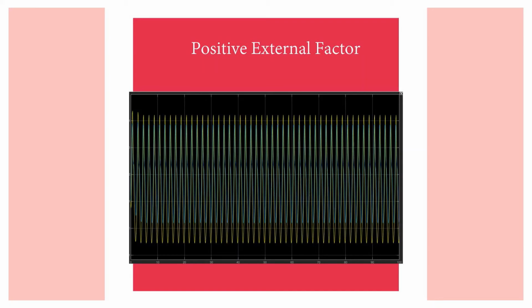This graph shows that when an external, or positive specifically, external factor is brought into Romeo and Juliet's love, their love goes up and down. So it's not an exponential increase like the basic love model of Romeo and Juliet, but rather an up and down. But one thing that you do see here that is consistent with the basic model is that Romeo and Juliet's love follows one another. In this case, Juliet, the yellow, is going up and down, and Romeo is following her up and down,